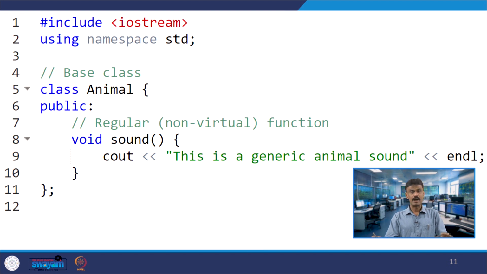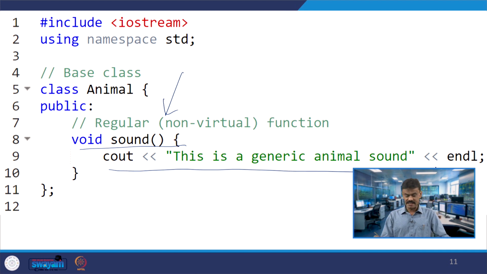Let us say you have class animal. Animal is the base class and you have one member function called sound. Under this function you have one print statement: this is a generic animal sound.